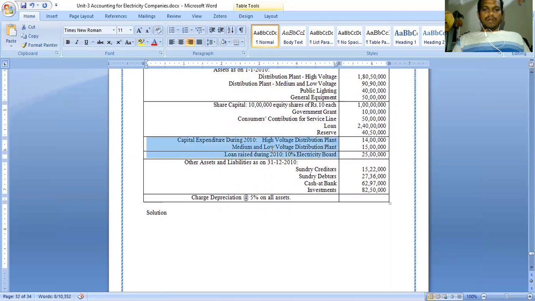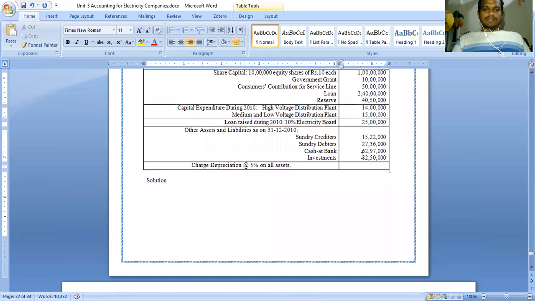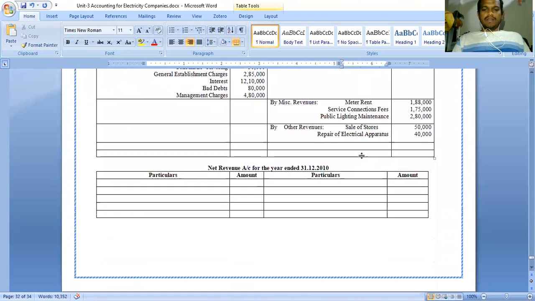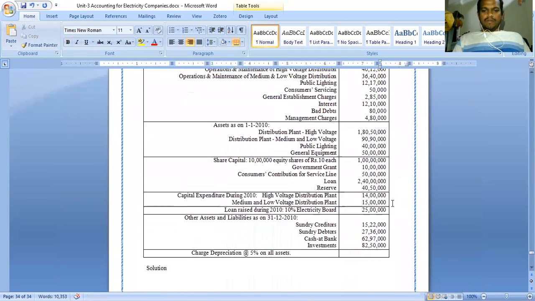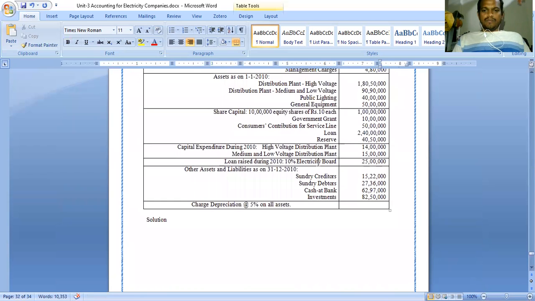So next, loan raised during the year 25 lakhs. Loan in the sense it is a capital receipt. Loan during the year 25 lakhs. So other assets as on